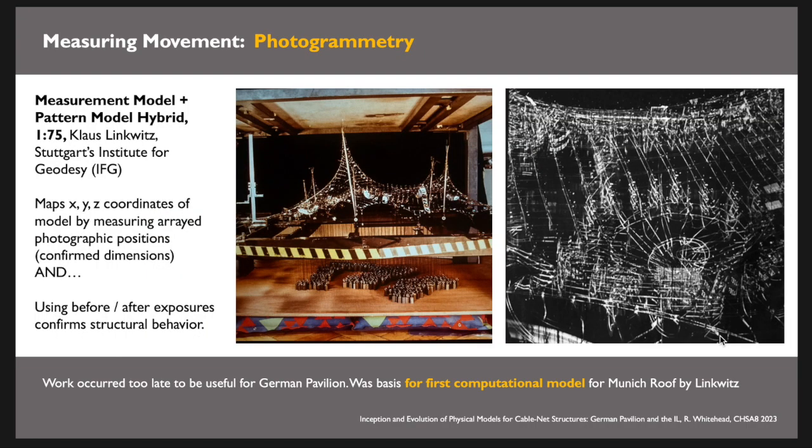They tried to incorporate this system called photogrammetry. Klaus Linkwitz was in Stuttgart's Institute for Geodesy. Geodesy is, of course, the measurement and mapping of the Earth or other complex three-dimensional surfaces. So he was trying to figure out a way to add computational accuracy to map the X, Y, and Z coordinates of the model. One of the systems he had used was this photogrammetry system, in which he'd set